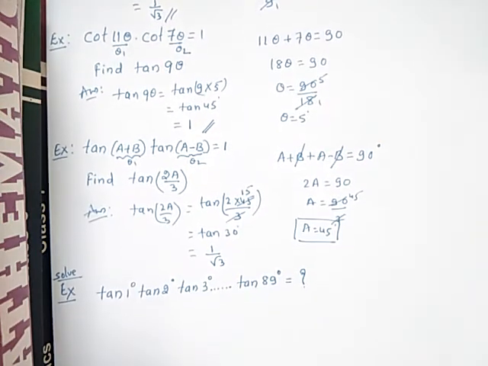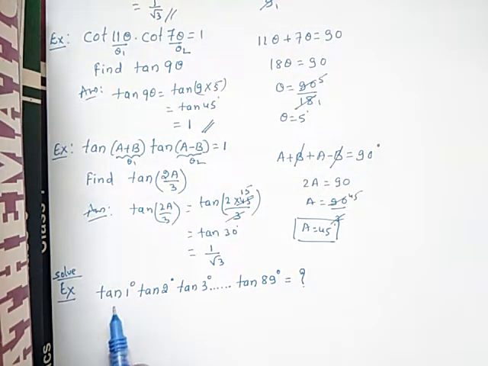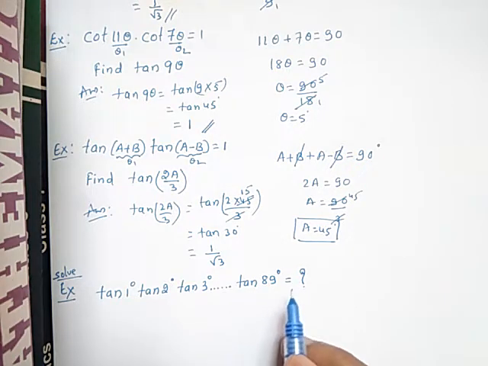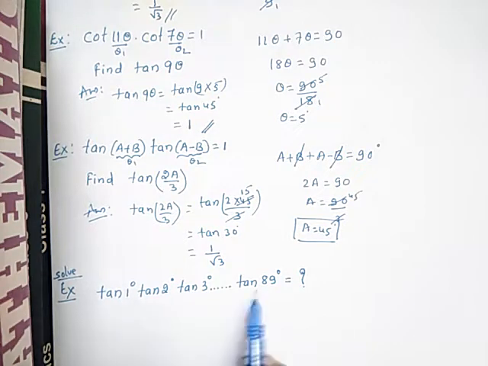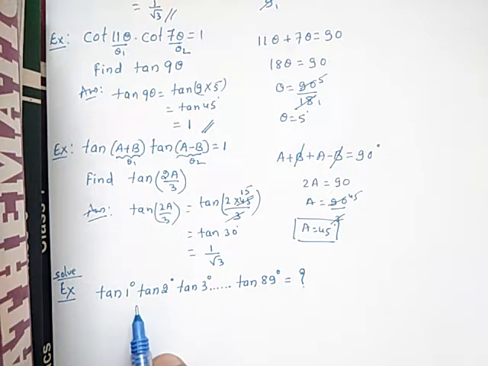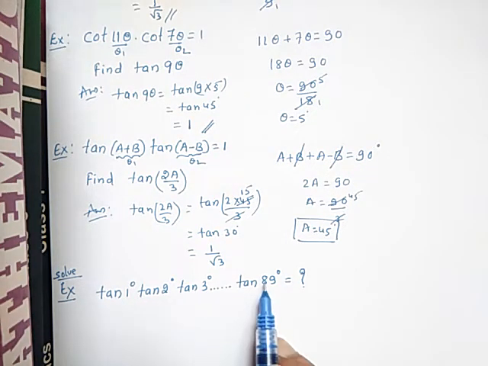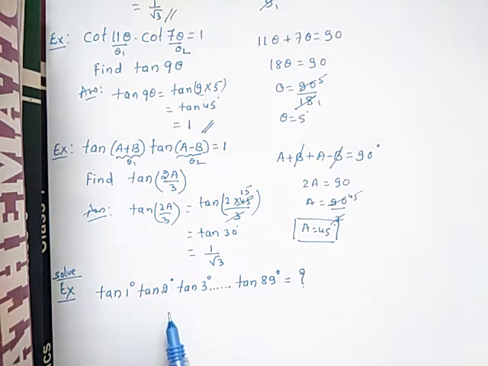In the same way you can go for this example. So tan 1 degree, tan 2 degree, tan 3 degree and so on up to tan 89 degree will be what? Just you can solve. So see here, tan 1 theta 1 is 1 and theta 2 is 89. 89 plus 1 is 90. So you can write tan theta 1 and tan theta 2 multiplication, you can write 1. So in that way you can solve this one and you can comment your answer for this one. Okay,